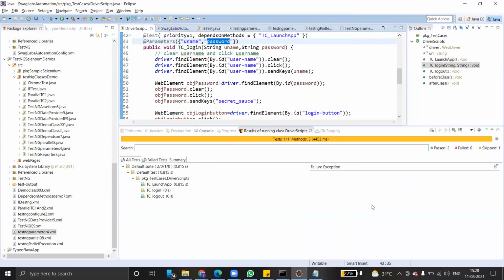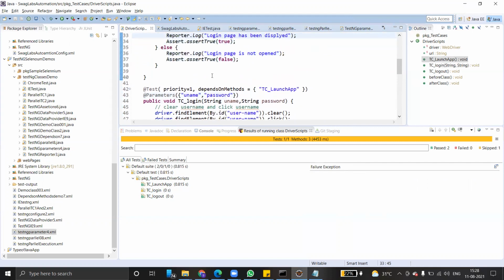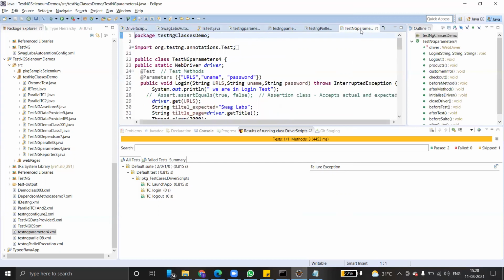Oh, what happened? What is the issue? Tell me. We have added everything. @Parameters of username, comma, password, and entered the username and password. Everything is in proper shape, but still we are getting an error. Why?